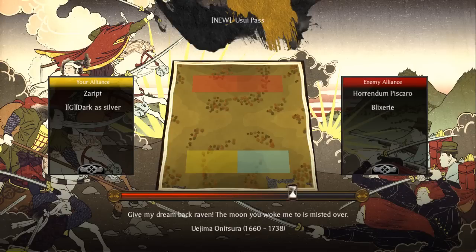Hello my fellow Shogun 2 players, Zaript here, with a friendly 2v2 match in vanilla Shogun 2 on Usui Pass. In one team I play with Taka Silva as a teammate, and in the other team Blixery plays with Harrendum Piscaro, and none of us ever played with his teammate, so I would say this is quite a low level game,